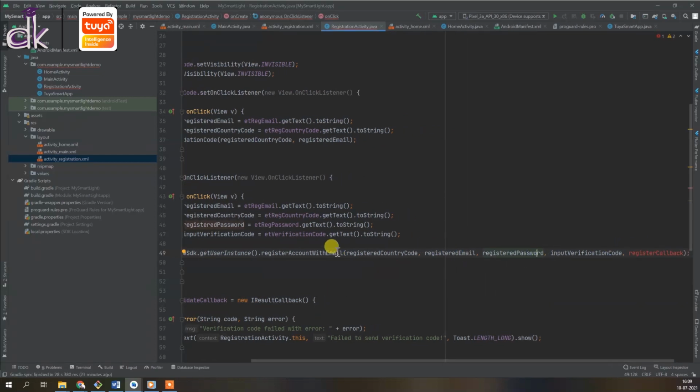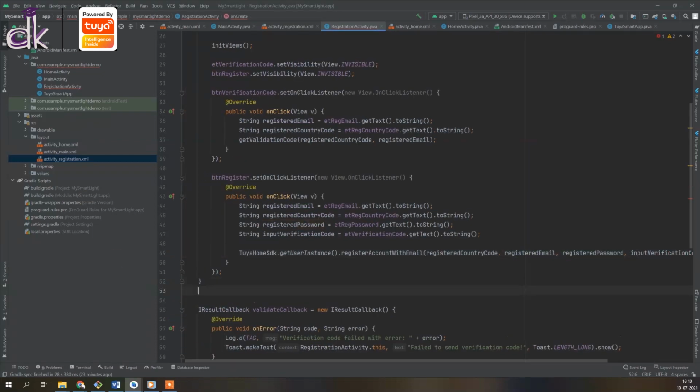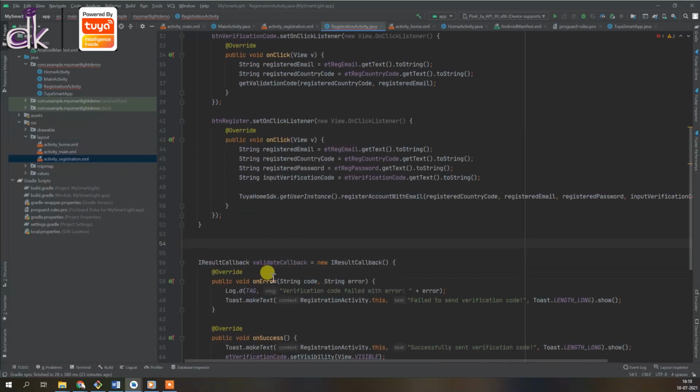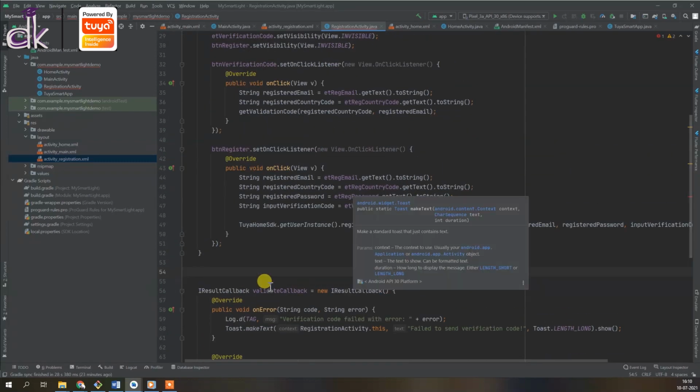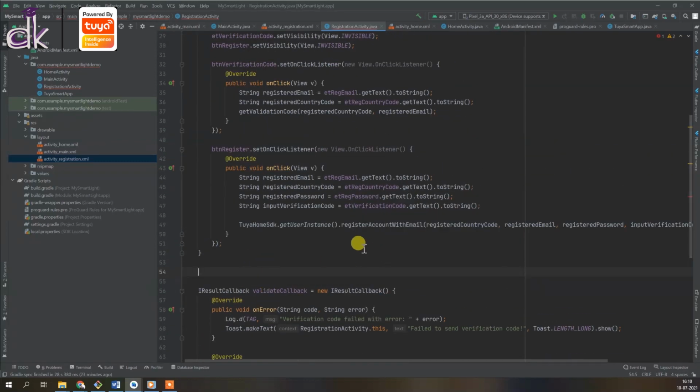Okay, so you can see the different options here, right? So country code, email, password, code, and then the registration callback. So again, create the callback here. And by now, I guess you kind of understand how the Tuya SDK works. So you basically have various functions.